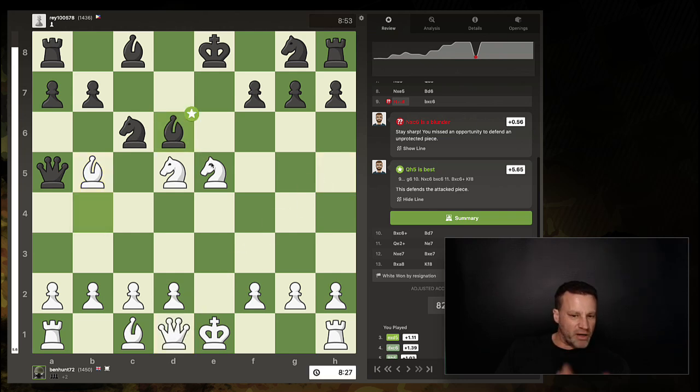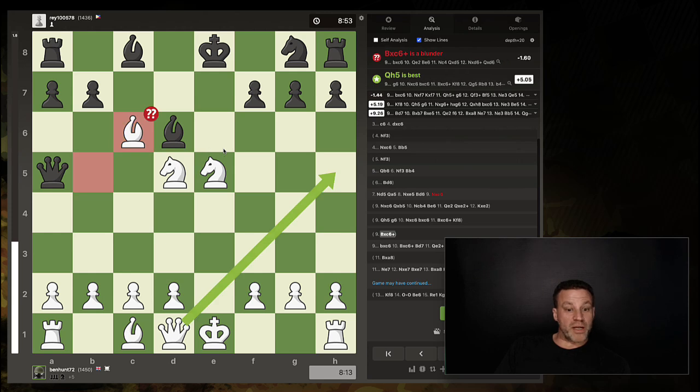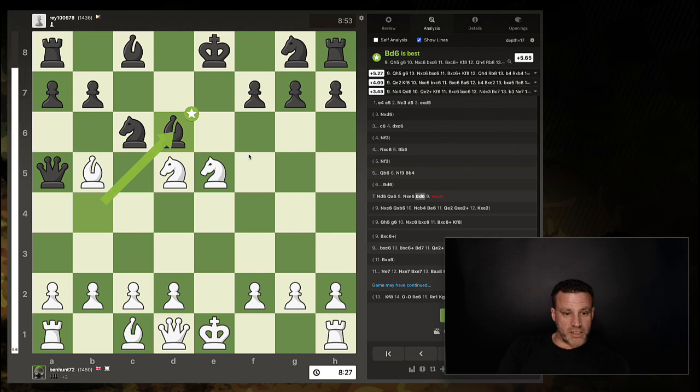Let's have a look at this. I haven't got my queen up. Yeah, so I don't know what that would have been like. Yeah, it doesn't like that at all. In fact, that's way, way better for black, funnily enough. But as it turns out, yeah, it's difficult, isn't it? It's difficult to find the most winning